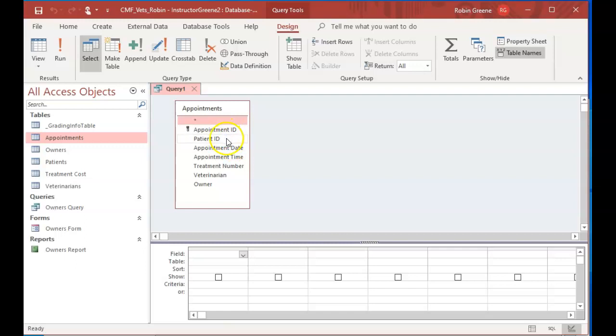So appointments that we're using on each one. So we'll start with the veterinarian. And we'll do the appointment date. So get this out so we can, appointment times, maybe have maybe our office people call, patient ID, treatment number, and owner. Okay, so those fields that we have going across, and we want to create some criteria